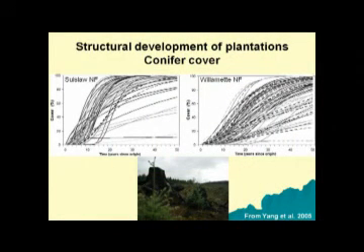So how long do they last in a managed context? This is a study that Mark Harmon and one of his students put together a few years back. And so you can see over time here on the Siuslaw National Forest and on the right side, the Willamette National Forest, the conifer cover in their plantations. So a lot of these, I have to admit, are older. Some of these are actually younger. They extrapolate them out to 50 years. So these are not all plantations established 50 years ago. These are the plantations from 50 years ago till the 1980s, when the kind of plantation phase ended for the